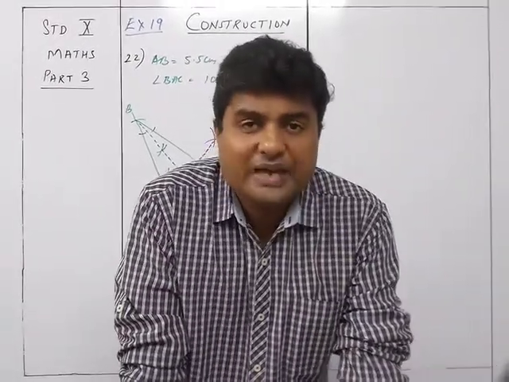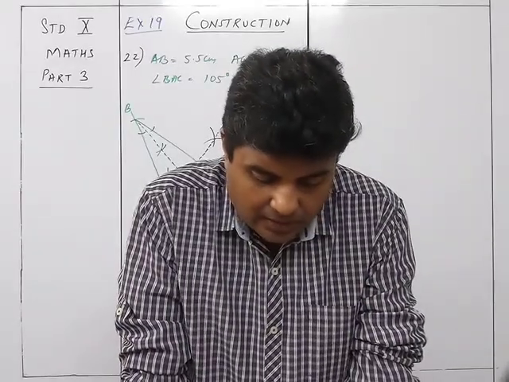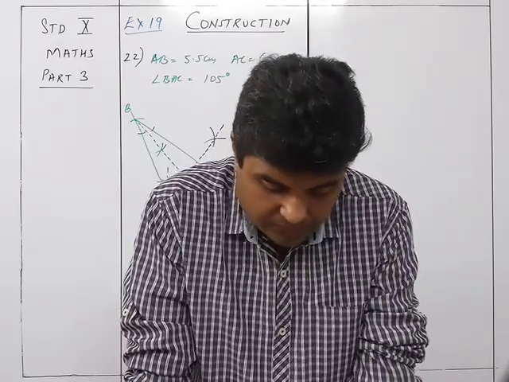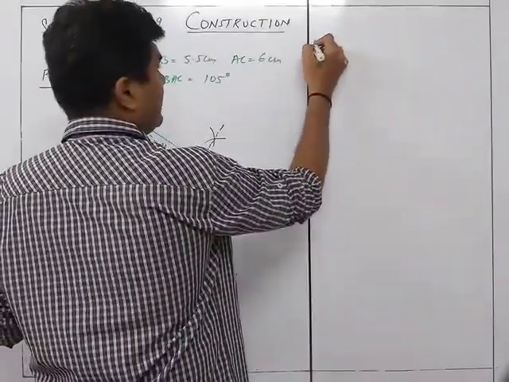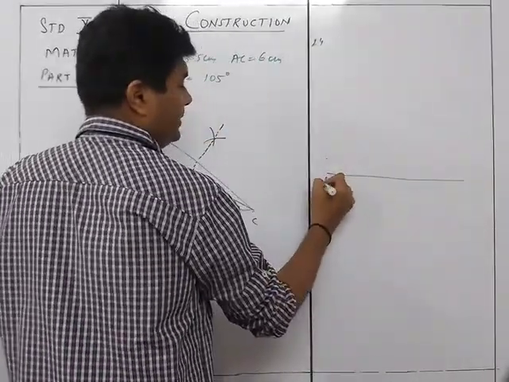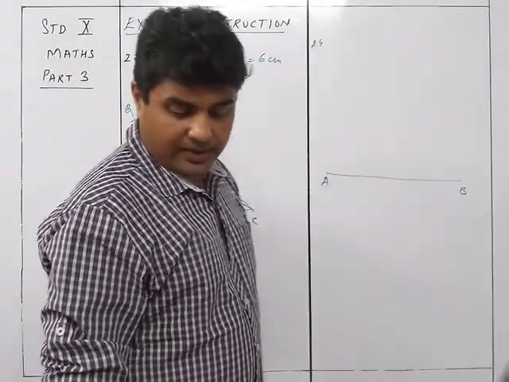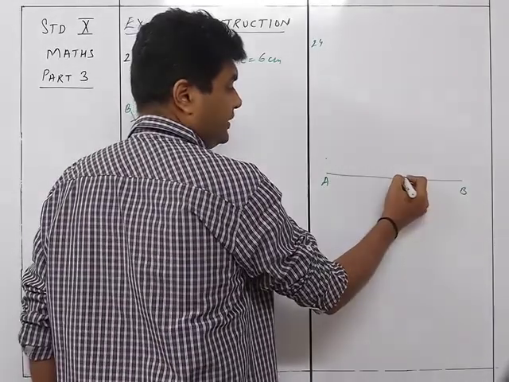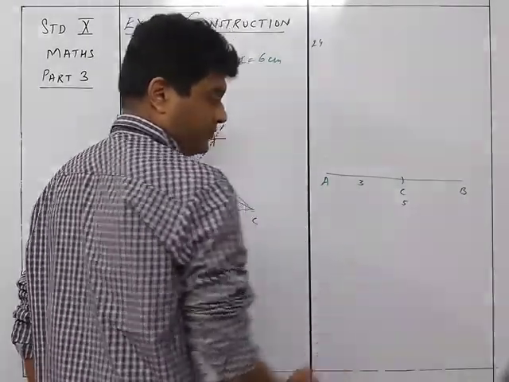We now move on to sum number 24. Draw a line AB 5 centimeters. Mark a point C on AB such that AC is equal to 3. Okay, so let's see this. This is something different. So sum number 24, you are taking a line AB of 5 centimeters and you are marking a point C on it. So C is over here like this, which is 3 cm. So this is 3 and this whole thing is 5.